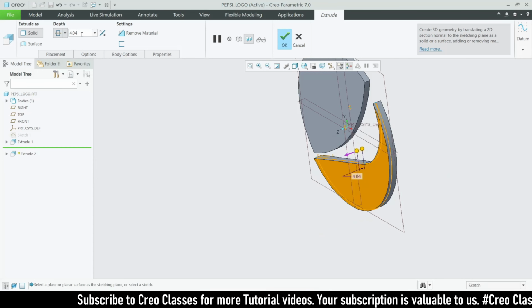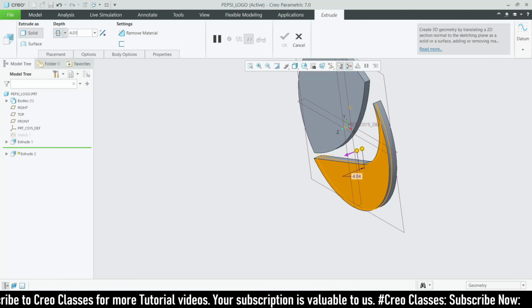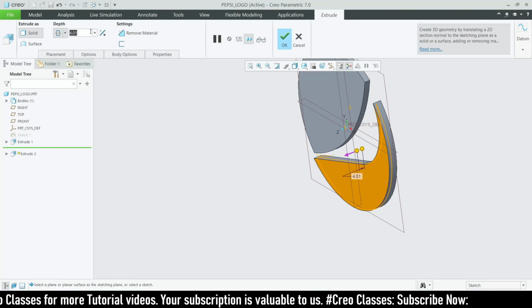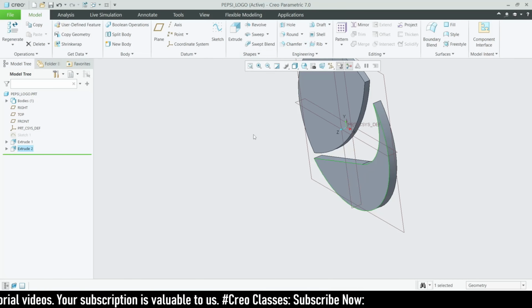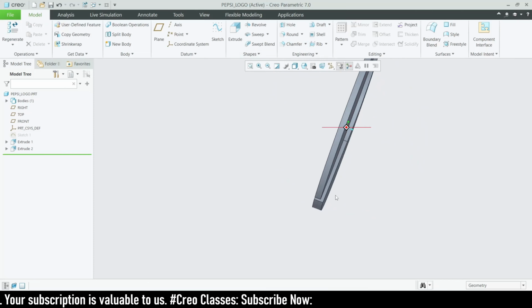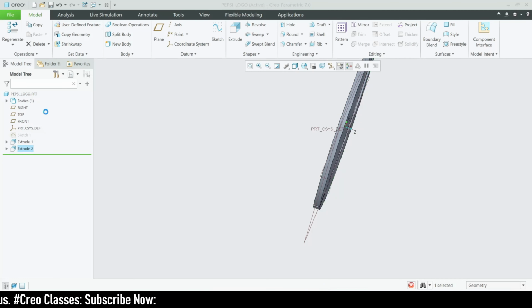4.04. Okay, or else 4.01. Okay, that's fine. So now it looks like, I think, this is not extruded on this side. Okay,